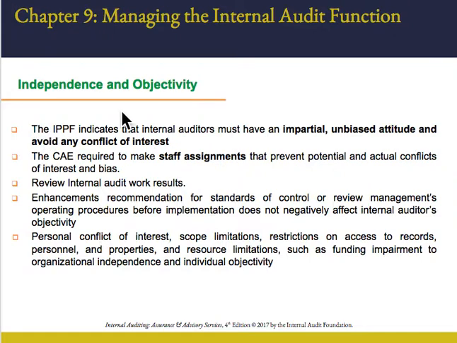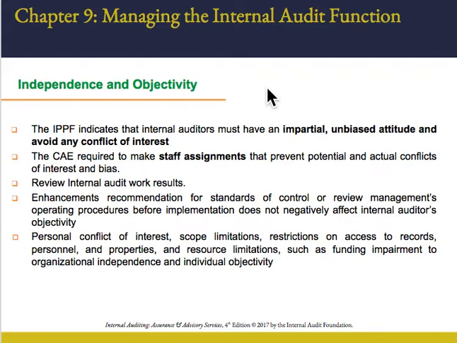The independence and objectivity, we already talked about it in every chapter because it's very important, and we mention it here because the way the internal audit function is positioned will affect the independence. So if it's positioned at the senior management level, it will ensure the highest level of independence. The IPPF indicates that the internal audit must have an impartial, unbiased attitude, and